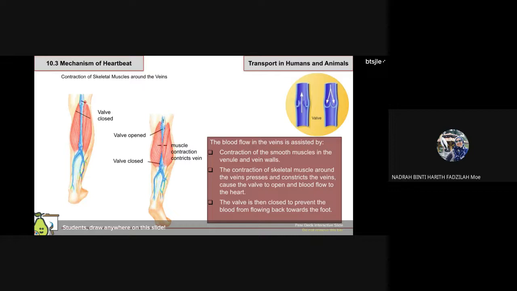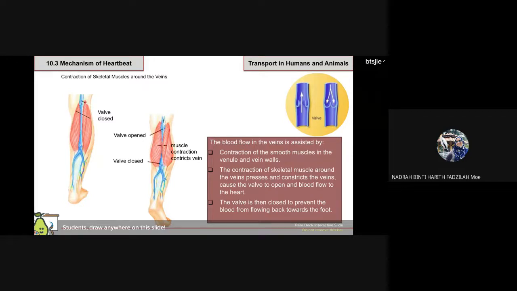So when muscle contract, darah dalam vein naik ke atas, and then muscle relax, the vein is no longer compressed. Tapi darah yang naik ke atas tu tak dapat patah balik because there are valve in between